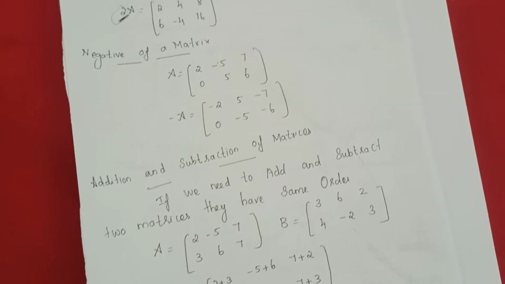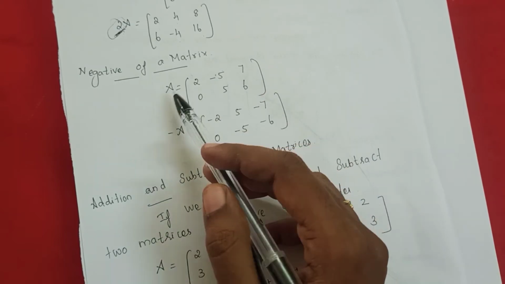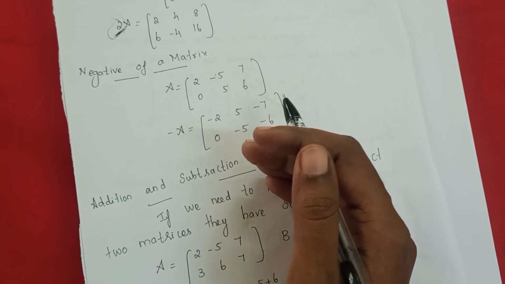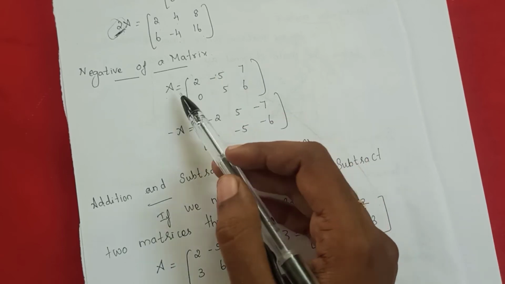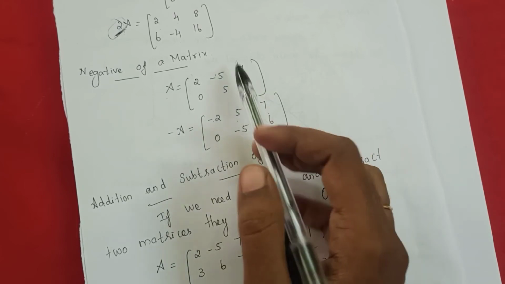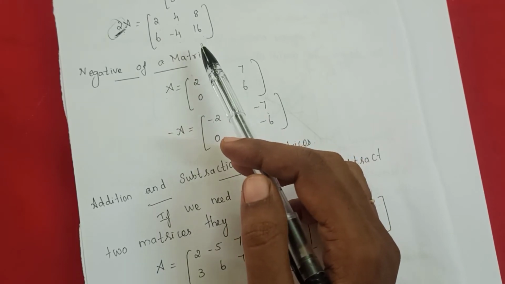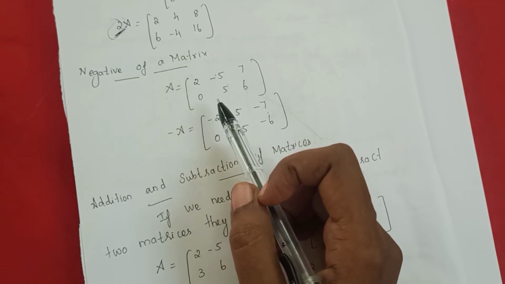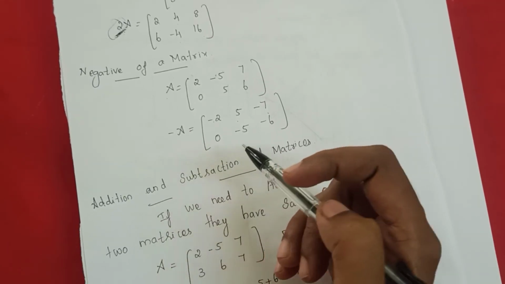Next we are going to see the negative of a matrix. What do you mean by the negative of a matrix? If a matrix A is given, we need to find the minus of it. So A is given. What's the negative of that matrix? Minus A is the negative of a matrix. So each and every term you need to multiply with minus. So 2 will change to minus 2. If it is a minus symbol, it will change to plus. That's the meaning. Same as multiplication of a matrix with a scalar: there, each and every term we multiply by the constant. Negative of a matrix means each and every term we multiply with minus. So that's called the negative of a matrix.